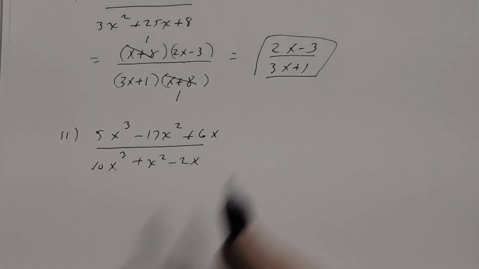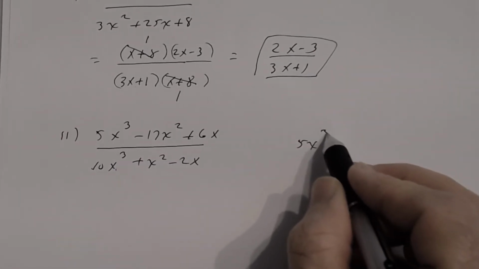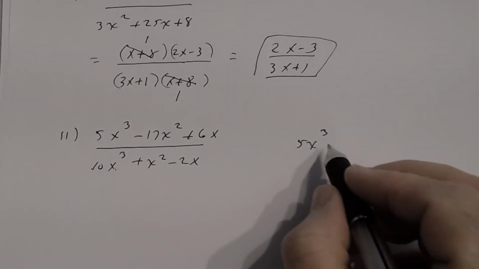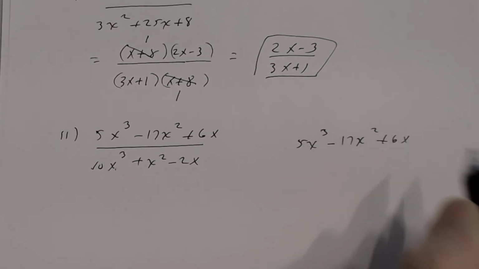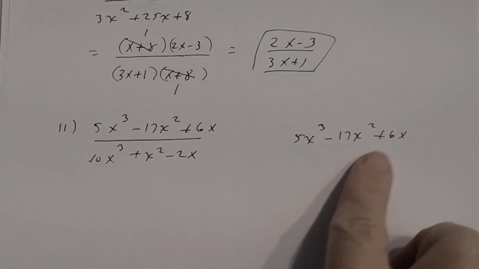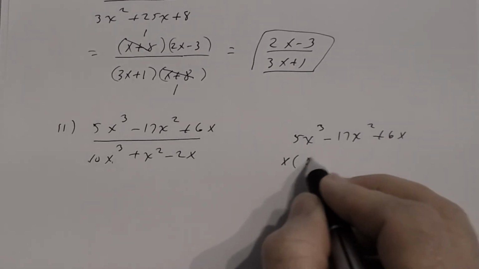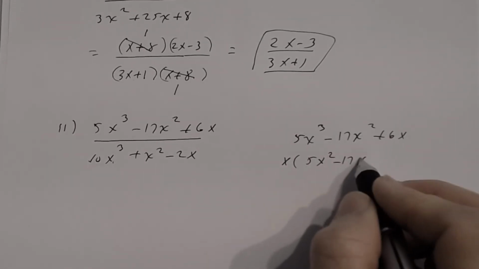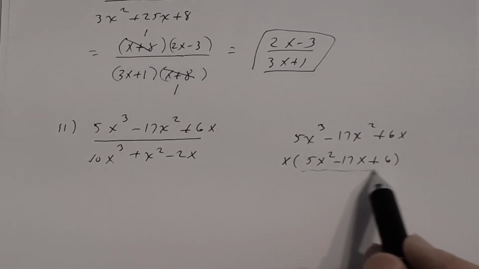Factor your polynomials. So I'm going to go off to the side and rewrite this over so I can make this a little bit cleaner. So 5x cubed minus 17x squared plus 6x. Notice that the GCF here is x, so I can factor out an x. So I get x times 5x squared minus 17x plus 6. And so when I factor this